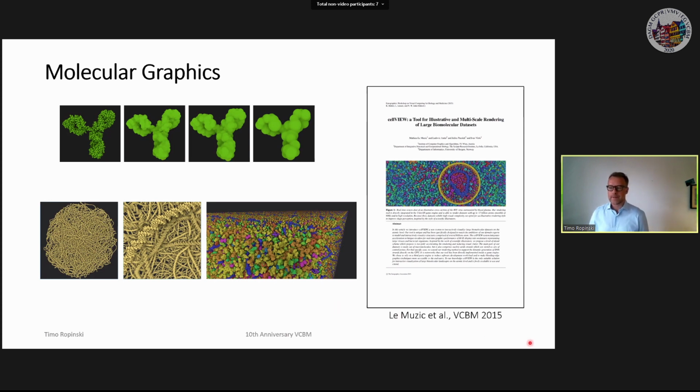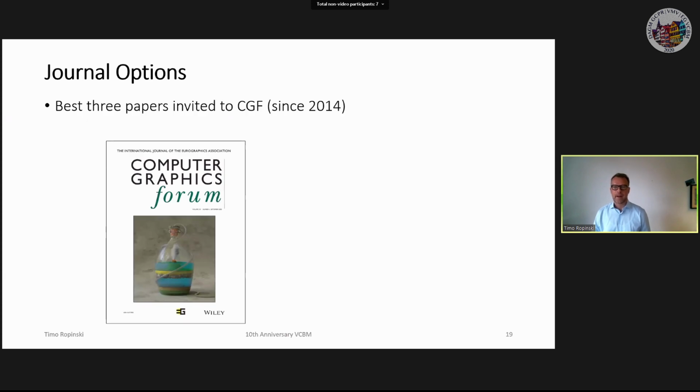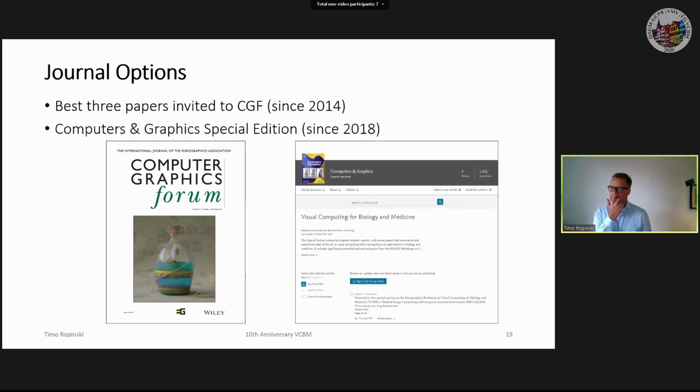So all these papers are nicely cited, and we are very happy with that. This is also due to the fact that the three best papers are invited to submit an extended version to the Computer Graphics Forum. This was established already in 2014, and Helwig Hauser, who is now also a member of the steering committee, was very helpful in further bringing on this process. And since 2018, we also have a special edition of Computers and Graphics,